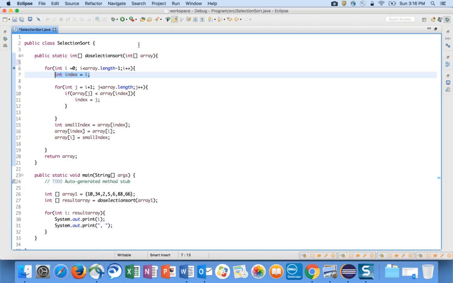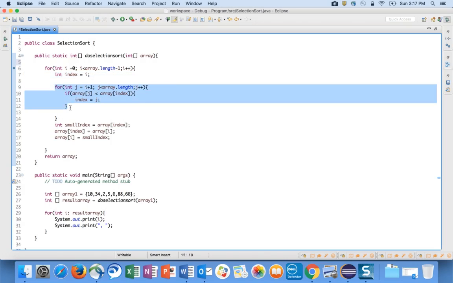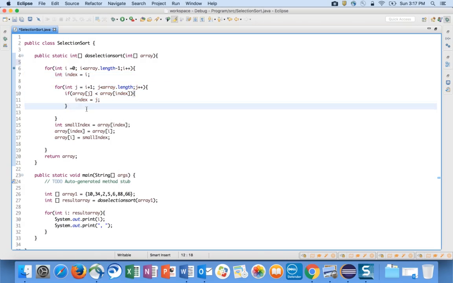So we are trying to get the sorted data, that is, the index which has the lowest value, right? So I'm making one pointer index starting from 0. In the beginning I'm keeping this as 0. Then why am I running one more for loop? This is very interesting. Why am I running one more for loop? I'm running one more for loop to